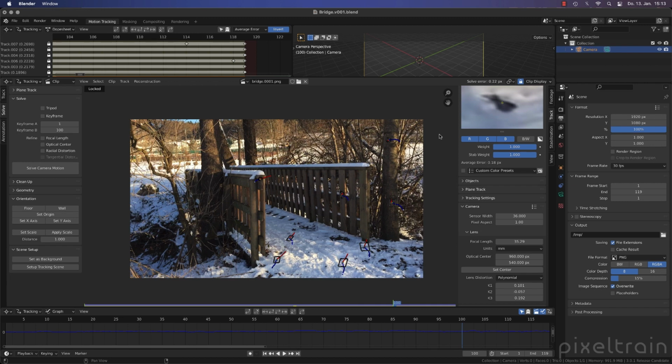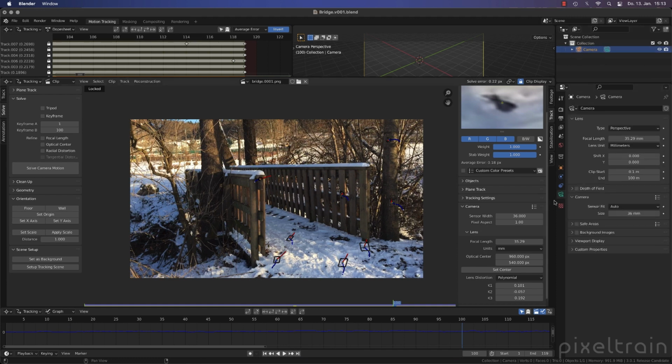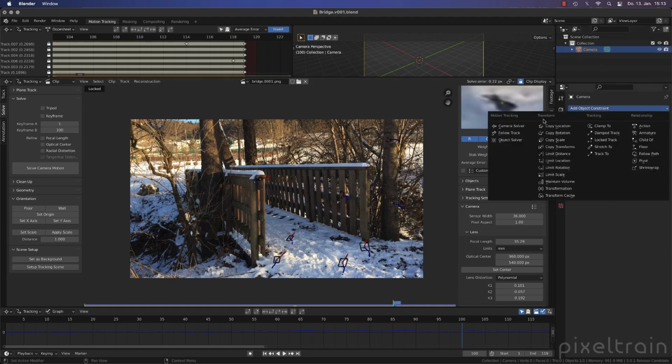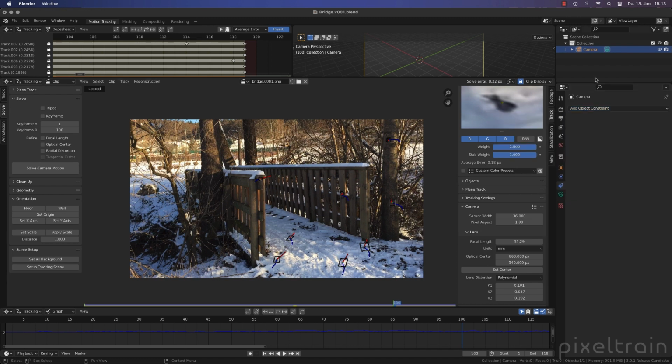Now we want to use this shot for something. Let's do that now. We talked in the last lesson about setting up orientation, a camera, and so on. You remember I went to the camera and I then went here to the constraints, make a camera solve a constraint. We saw the points and so on. So if you are interested in that, please refer to the last lesson. Now we want to do it more automatically.